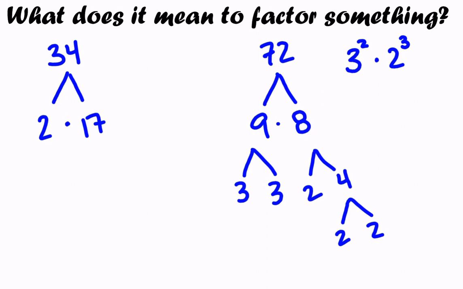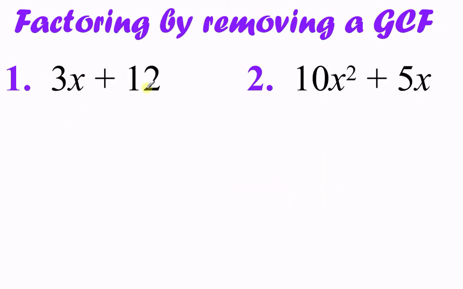So it gets a little more complicated when you get into variables, because these aren't just numbers anymore. Now there's different groups linked together. But the most basic way to factor is by removing a GCF, or a greatest common factor. Essentially, in each of these piles here, this is one group, that's another, split by a plus sign. You're looking to see what goes into both things, what multiples appear in both items at the same time. So if you really had to, you could write it out as 3 times x. 12 in its prime factorization is 3 times 2 times 2. So you're looking to see what matches.